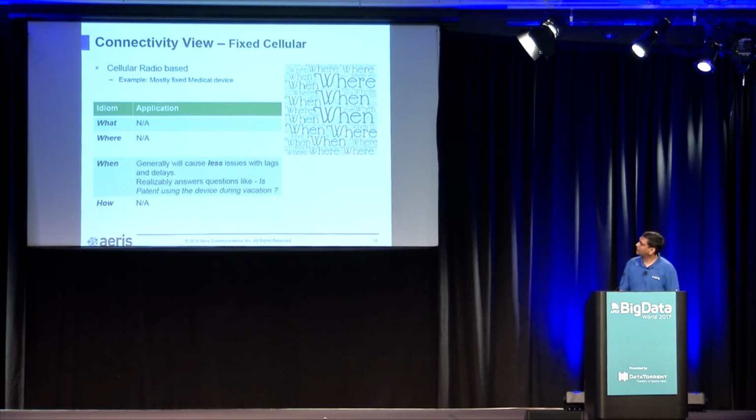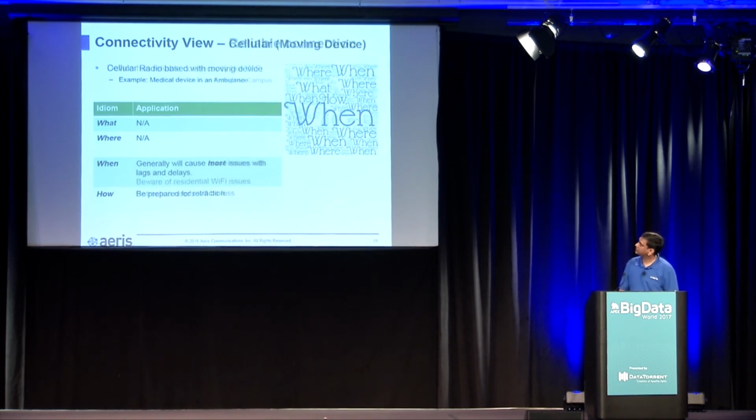So the connectivity, again, the fixed cellular versus cellular moving device versus highly reliable connection, right? So the differences between them two is, generally speaking, they are not going to be addressing your what and where. But the when and the how part, if it is moving devices, you really have to worry about the where and when and how part. Because the devices actually will go out of range if you're moving into whatever the connecting technology you're using. So when they go out of range, they're going to dump the data all in one shot. So that may be late arriving data, which means you have to worry about your where, when, and what. And how, right? So the what part, generally, the connectivity is going to be less relevant to that.